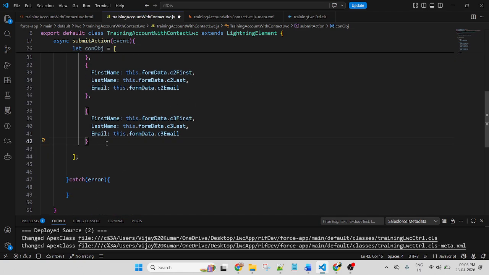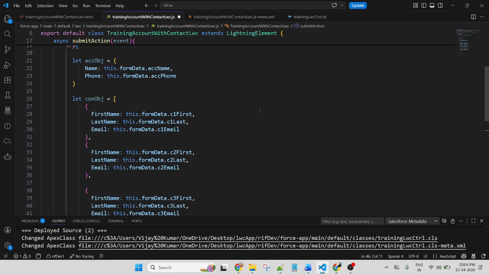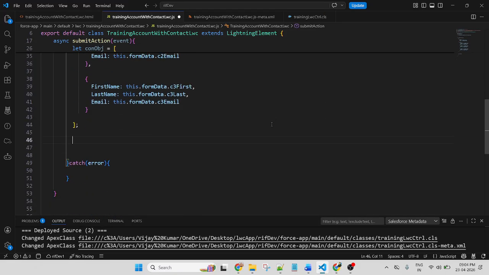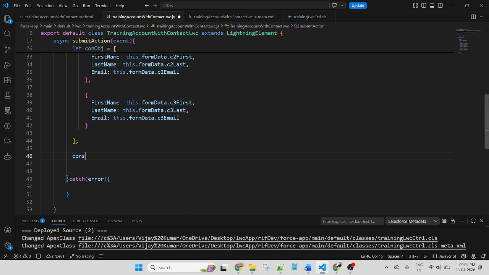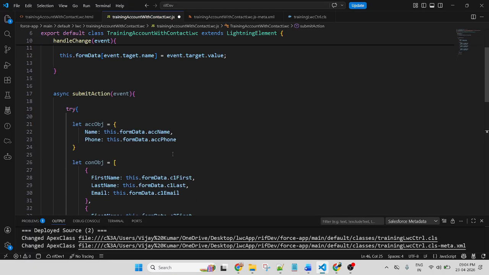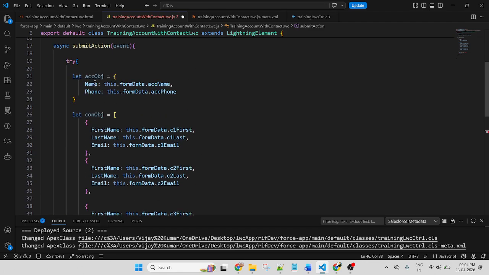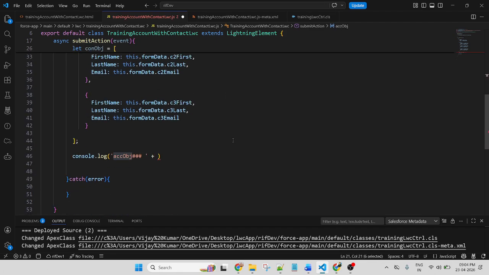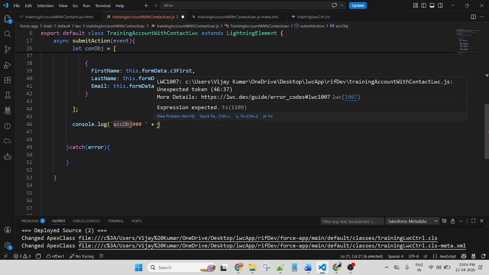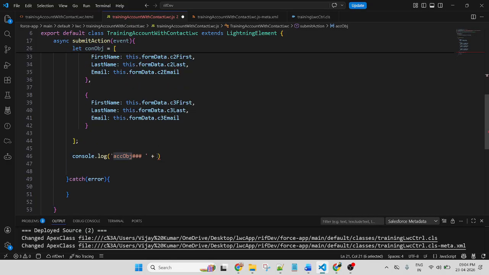So before calling the method, let me check whether all of the fields are getting values or not. How to check? Use console.log. First I want to check the account object. So this is your object. How do we get the value of what I am passing inside the object?